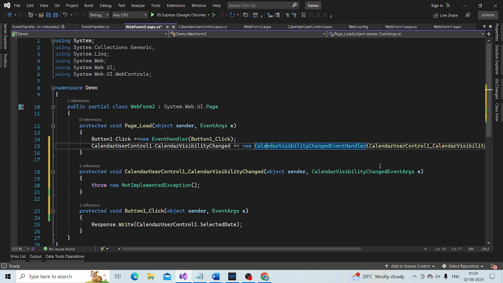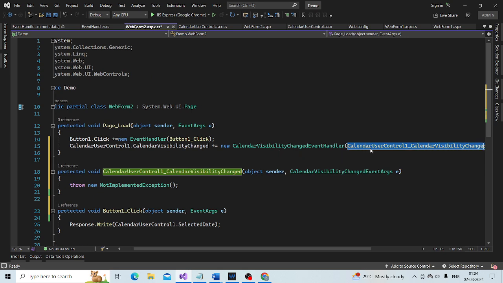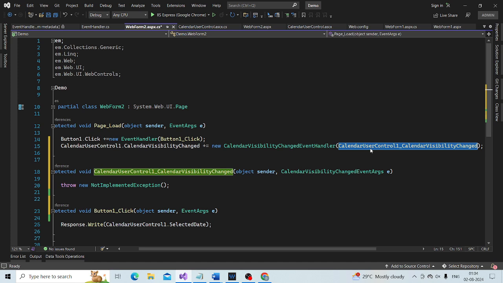Another important point to keep in mind here: look at this CalendarVisibilityChangedEventArgs object. We are using this object. How to use it?